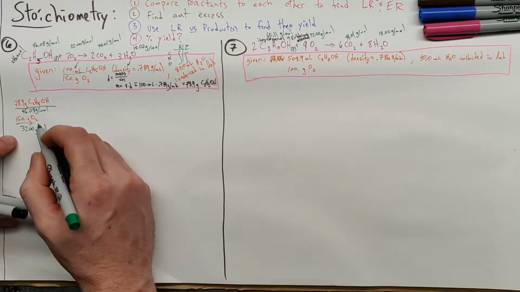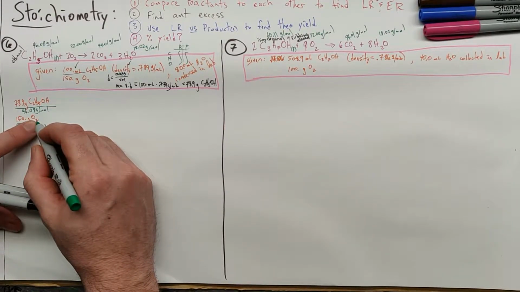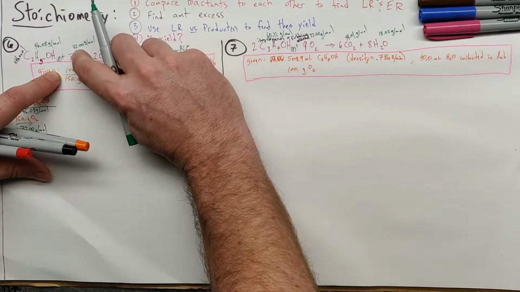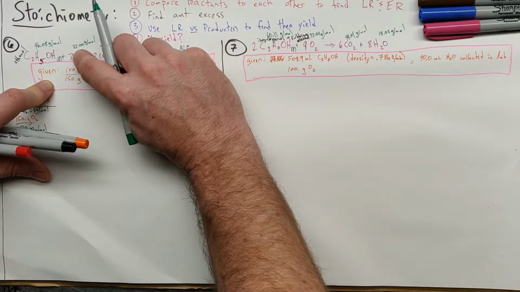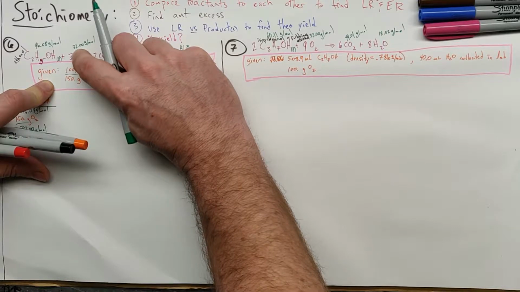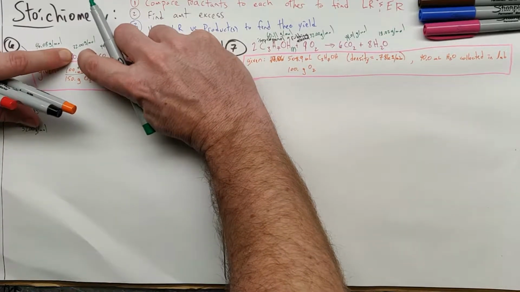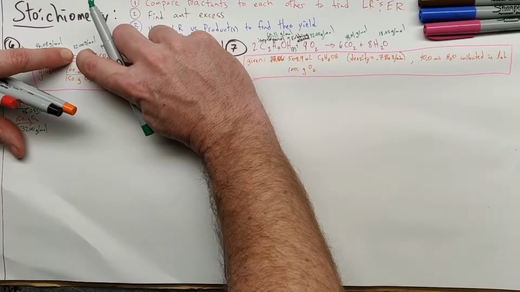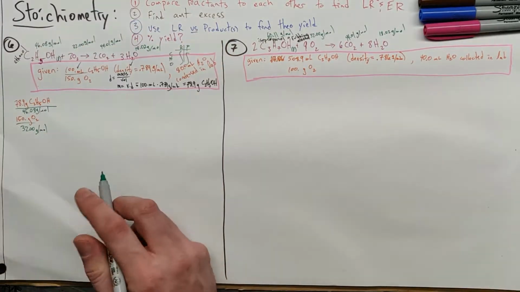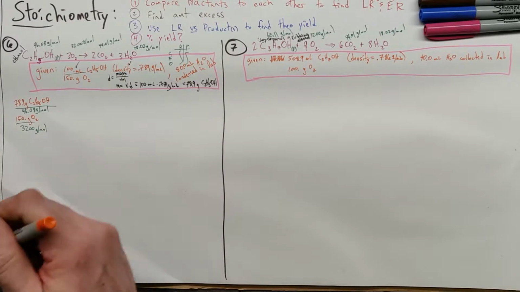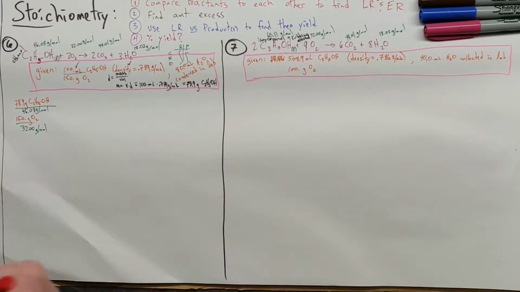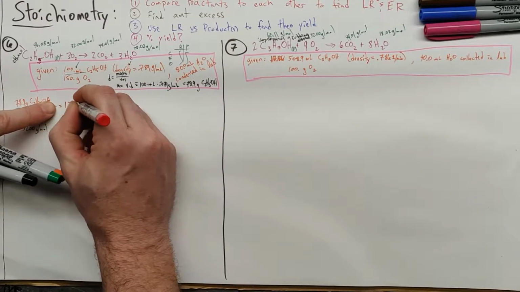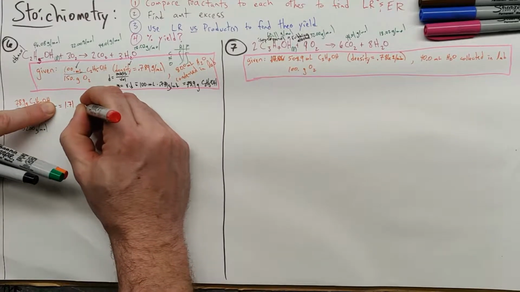Common question is, does that 2 come into play versus the 3 we have there? The 3 gives you a ratio within the balanced chemical equation. That doesn't come into play for the molar mass. The formula is all that comes into play for the molar mass, and there's 2 oxygens in that formula, each at 16, which is why we end up with 32 there. All right, let's see what we get. Looks like 1.71 moles of our ethanol